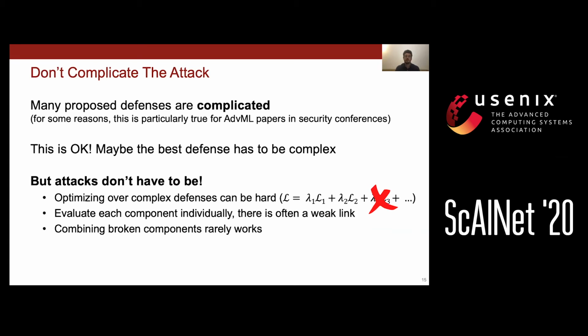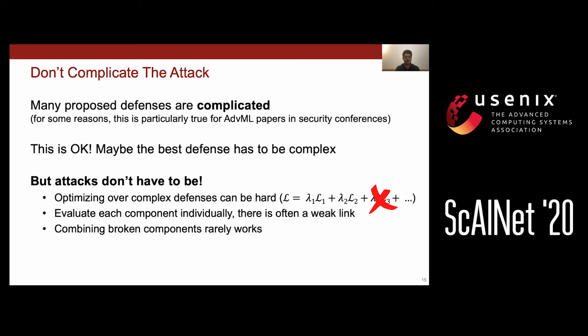But more often than not, the best attacks on these types of systems are actually fairly simple. And what I often see is an evaluation that tries to attack the entire defense at once, usually by formulating some crazy loss function with a bunch of weighted terms. There's very little chance that this will work. Even when you have just 2 loss terms to deal with, you have to be a bit careful. And with more, we'll just get a very expensive attack to run. It'll probably fail, and we won't really know why. So what do we do?